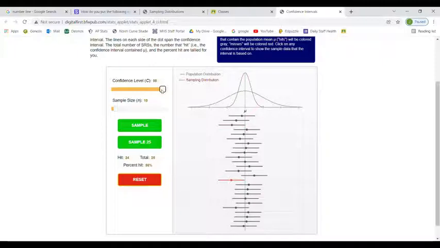I'm at 98% confidence, and indeed 96% of the 25 samples have actually captured the true mean. So if I increase the confidence level, C, I would expect the confidence interval to get wider because we're more likely to capture the true mean that way. If I take it back down to 80%, this one won't let me go any lower than 80, you can see that indeed they got narrower, and as a result, fewer of them captured the true parameter. All right, let's set that at 95, and now let's play around with the sample size.